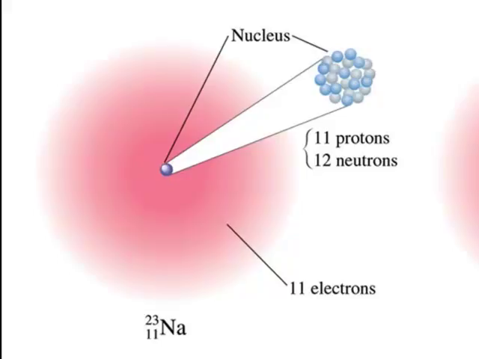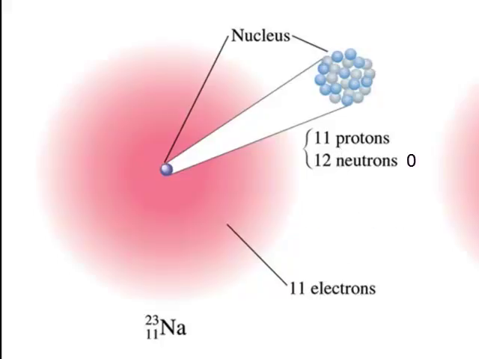And those protons and neutrons are going to be in the nucleus, which is the center part of the atom. Surrounding the nucleus are going to be the electrons. Now in this case, since the sodium doesn't have a charge, in order to be neutral, we're going to have an equal number of electrons and protons. Remember, the protons have a +1 charge, the electrons have a -1 charge. So if I have 11 protons, I have a +11, which means I need a -11 or 11 electrons to get to an overall charge of 0.